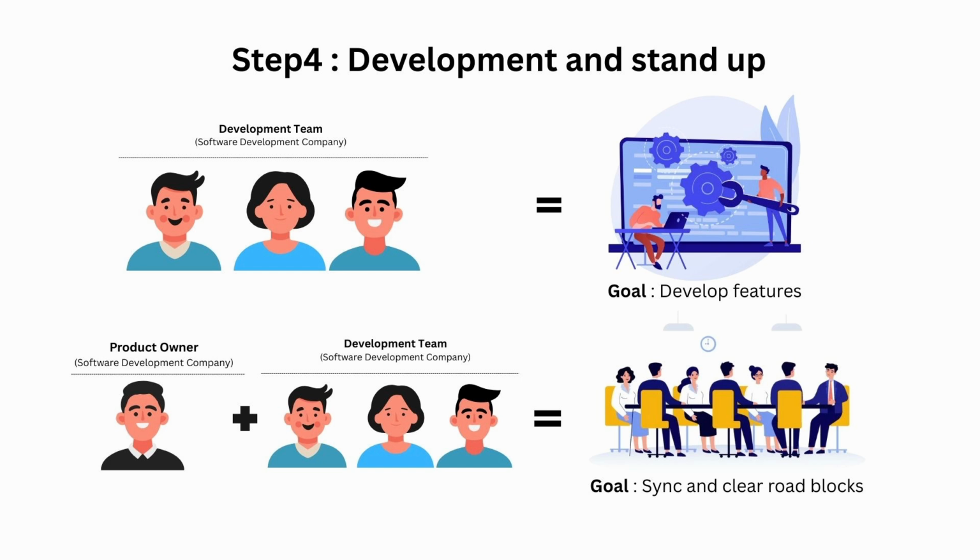Once sprint planning is complete, the development team begins building features while designers create the assets needed to bring them to life. Every day the team pauses for a quick 15-minute stand-up, led by the Scrum Master, to sync on progress, surface blockers, and adjust priorities if needed. Work is tracked on the Azure Kanban board, where tasks move visibly from to-do to in progress and finally to done. This creates transparency for everyone involved, ensuring the team stays aligned and focused on delivering value throughout the sprint.